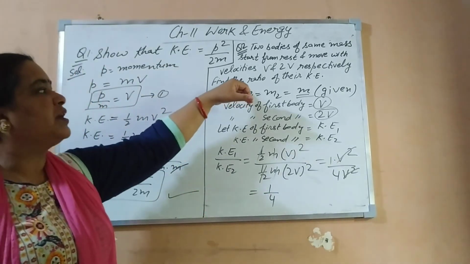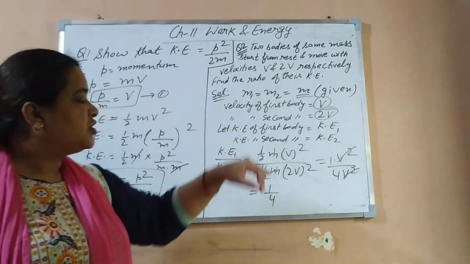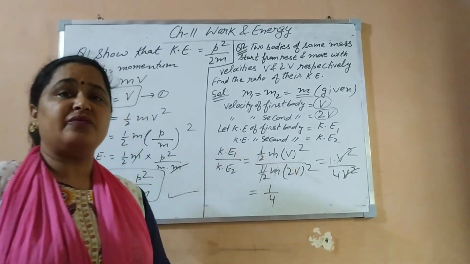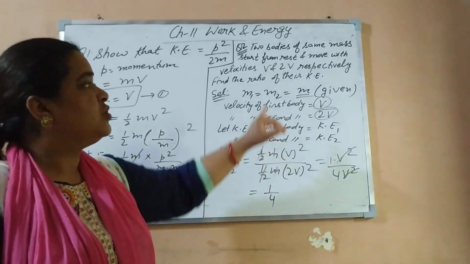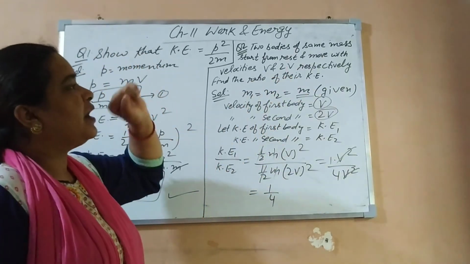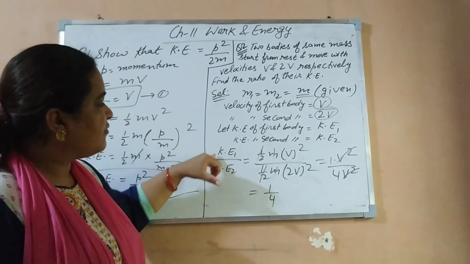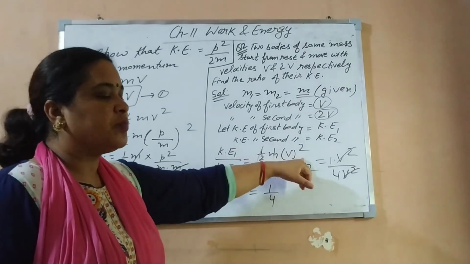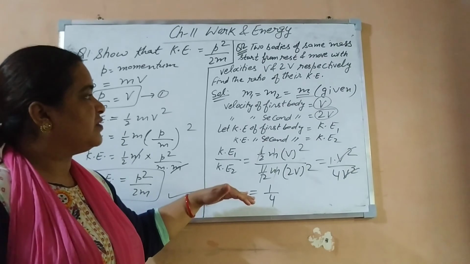Means whenever the bodies have the same masses and they have different velocities, we can calculate their kinetic energy relation. Similarly, we can do other questions also in which sometimes they will give you the same kinetic energy and they will ask you to find the ratio of their velocities. So whenever this is same, we will substitute the values on this side as same, then automatically this side will come. So in the exam you have to put these values by yourself.